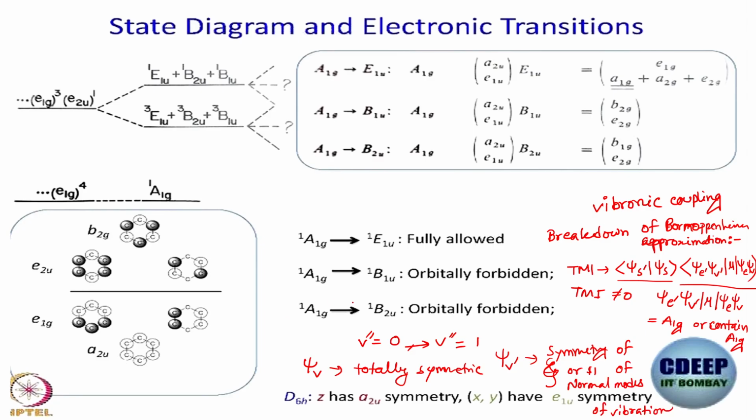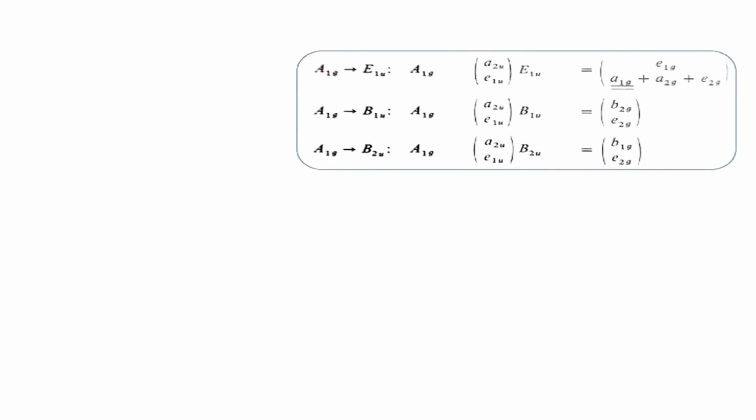Okay, and you already know the symmetry of psi V dash, and psi E dash you also know, and you know the symmetry of mu. So here we are shortening it down that the direct product of